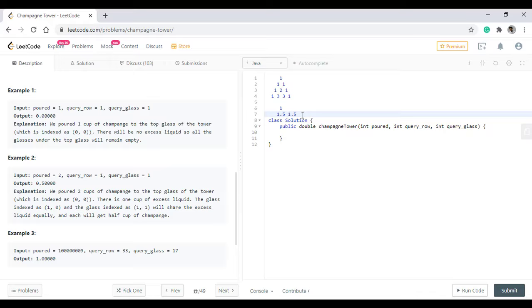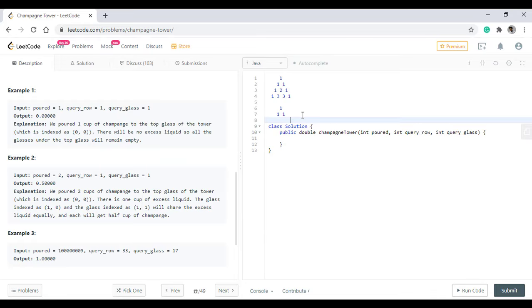After the 1.5, 1.5, what happens is only 1 will remain here and the 0.5 from this glass will be spilled over to this place. The 0.25 will spill over from this place and 0.25 from this glass, and then the 0.25 to the right hand side. So this is the inception of what our approach should be. We are in turn creating a Pascal's triangle with the intent of having not 1 as the first value but n as our first value.